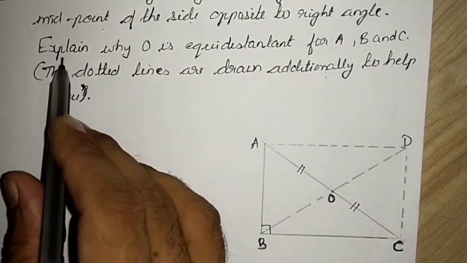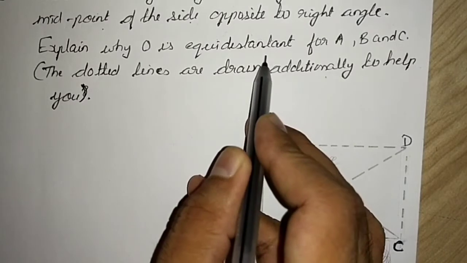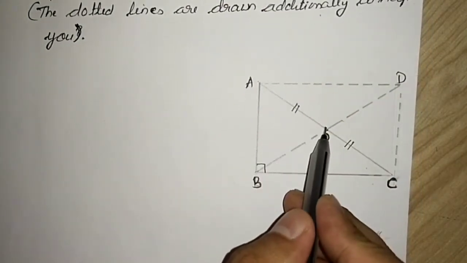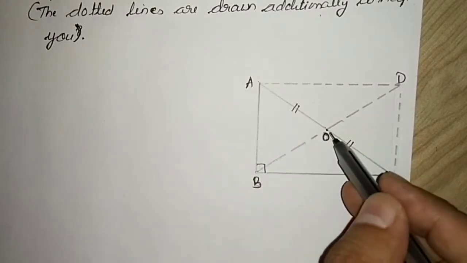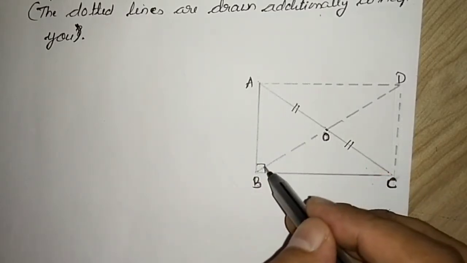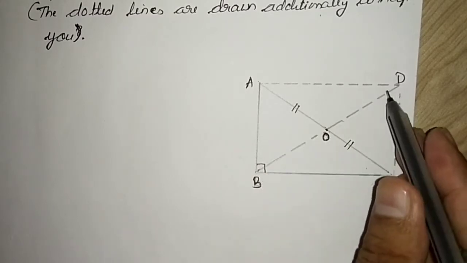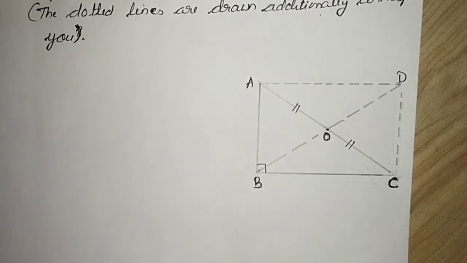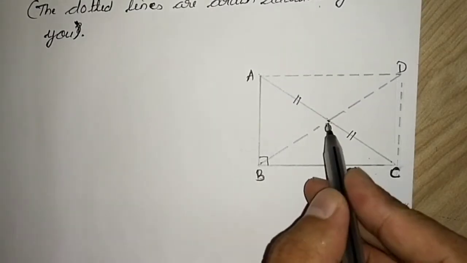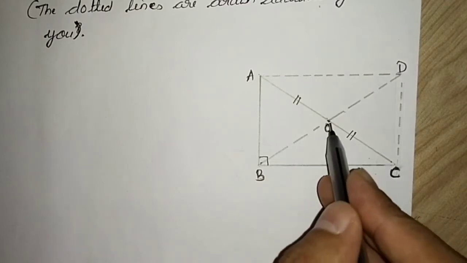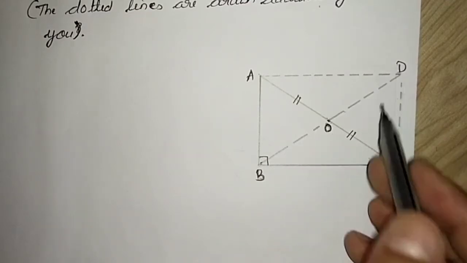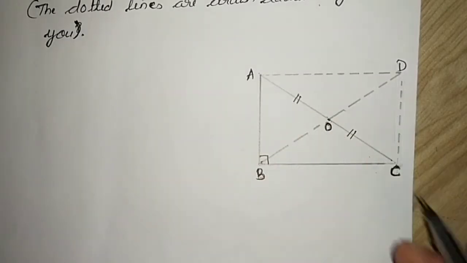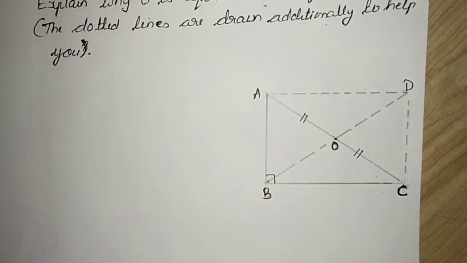What do we have to do? We have to explain why O is equidistant from A, B and C. That means whatever the length of OA, the same is of OC, the same is of OB and OD. That we have to prove. So if we prove somehow that OA is equal to OC is equal to OB is equal to OD, then we have proved that O is equidistant from A, B and C. Let us